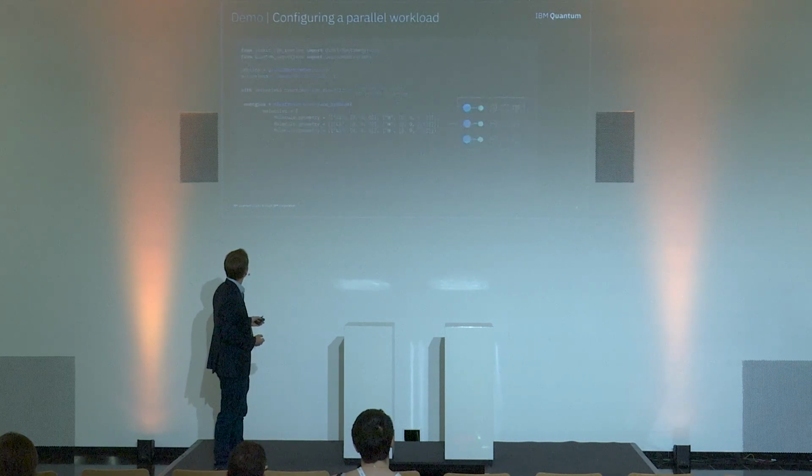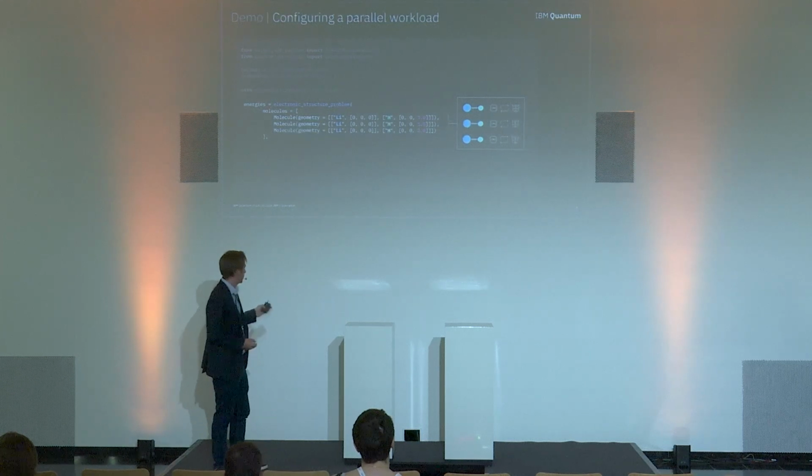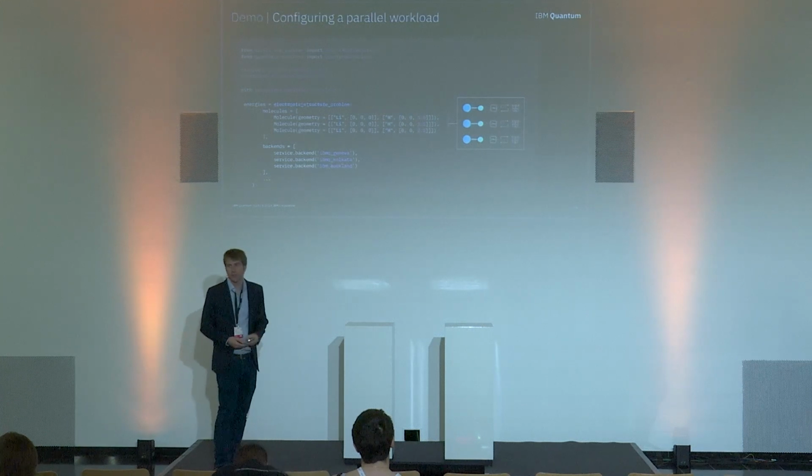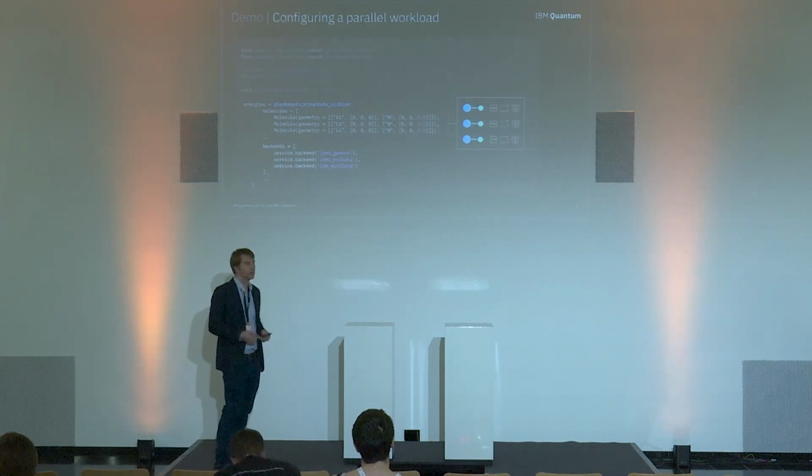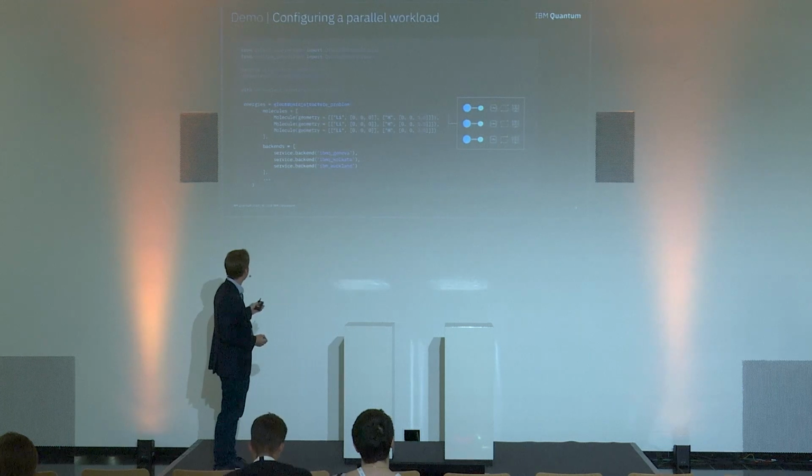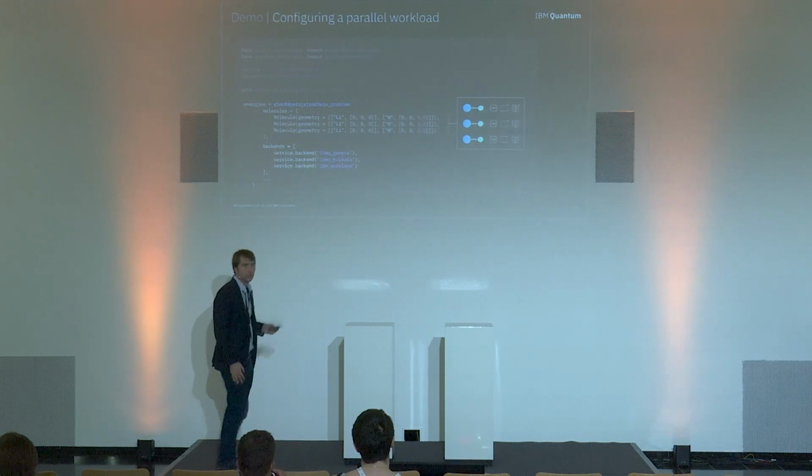Now, what we do is we start up our serverless here with the IBM cloud, and then we define here the different problems that we want to solve. So what you can see here is that I have 3 times the lithium hydride with a different bond distance. Here in red is the bond distance between the 2 atoms. And then I define the backends on which I want to run, right? So we have a fleet of backends, we have multiple ones, and maybe we can try executing on all of these in parallel, as shown here.